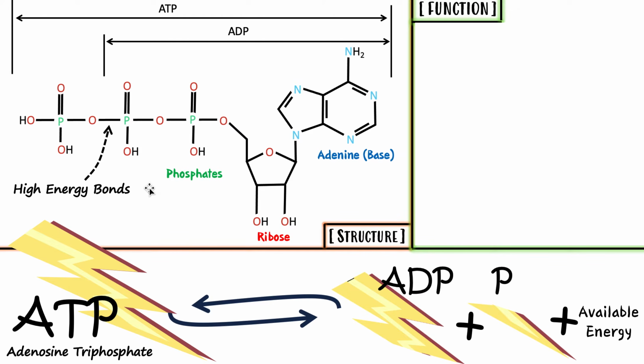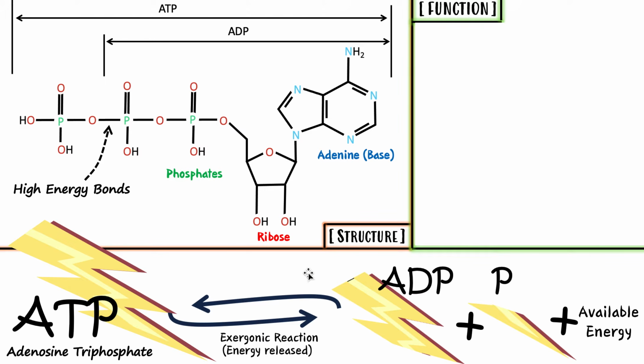Now, I want to highlight something real quick for you guys. The process of breaking this bond, turning ATP into ADP, is known as an exergonic reaction, okay? An exergonic reaction is a sort of reaction where we release energy stored inside a certain bond. So here we had this energy stored inside this bond. We break that bond to release the energy, so it's exergonic. That's a reaction that releases energy, which can now be available to do a bunch of functions.